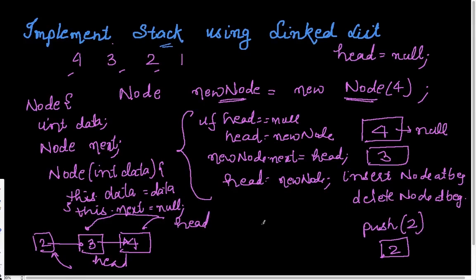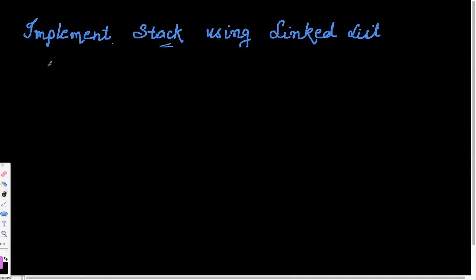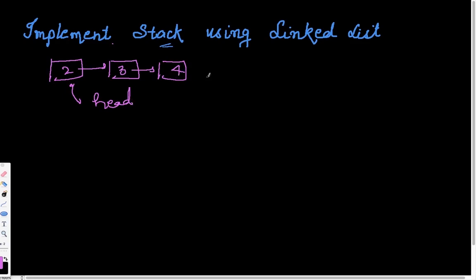Now let's go on to see the pop operation. Using the push operation, we created a list 2, 3, 4, and we have a head pointing to the first node. Now let's say I call the pop operation on this particular stack. What will happen? The pop has to remove the element that was inserted last. So 2 was inserted last, so 2 should be taken out from this stack. What we will do is, this is equivalent to delete head